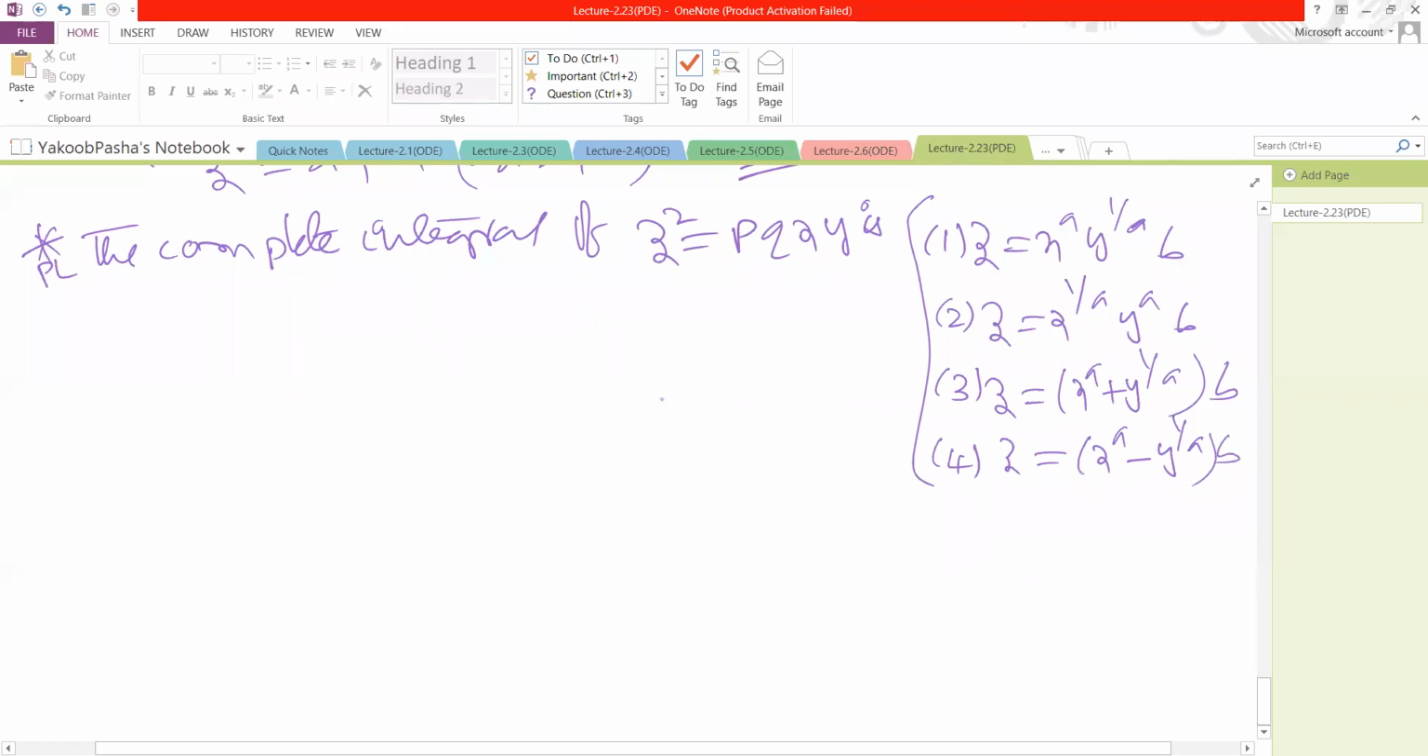Clearly we can observe here this equation contains all the terms x, y, z and p, q. So first I am taking f of x, y, z, p, q is equal to pq xy minus z square is equal to 0. We can write from this. So the Charpit's equations are